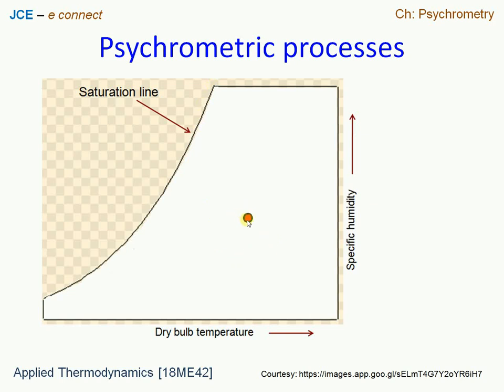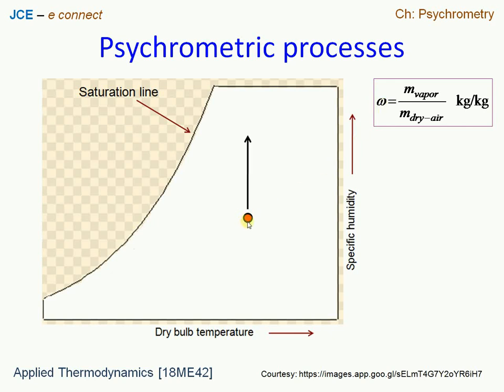And then we have a saturation line along which the relative humidity is 100%, and then let's say that we have a sample of moist air indicated by this red dot, and on the y-axis we have specific humidity symbolically represented as W or omega. By definition it is mass of vapor to mass of dry air, kg per kg of dry air. So suppose more mass of vapor is added to this sample of moist air, then the numerator value keeps increasing.